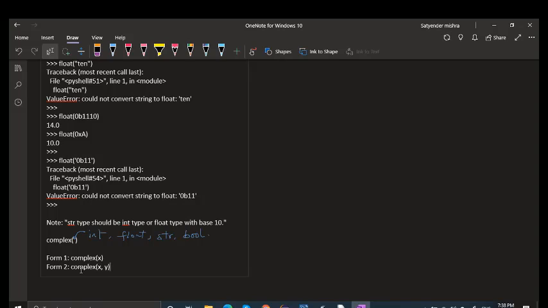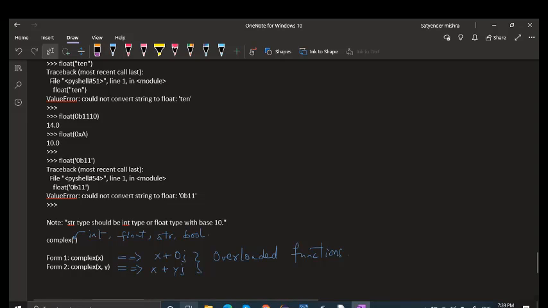The first one will generate x plus 0j. The second one will generate x plus yj. So these two are basically overloaded functions. So first we study form 1 and then we study form 2.